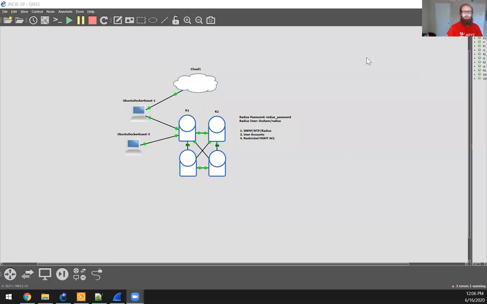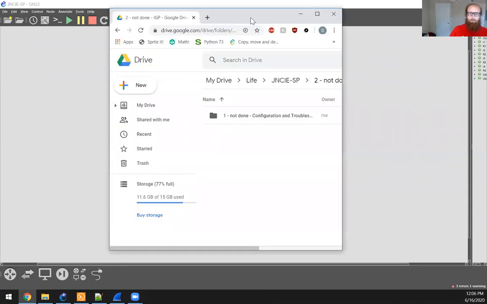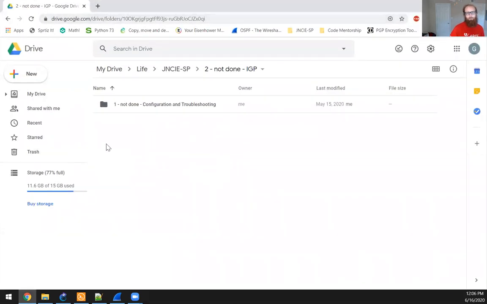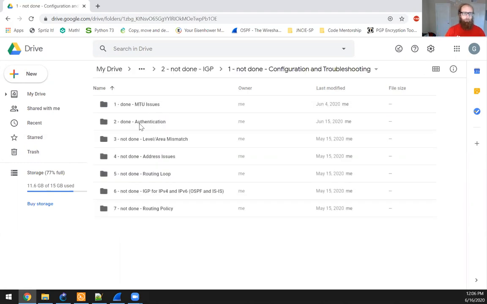Okay, but we're moving on to a new topic today because I got that finished. So let's take a look at what the new topic is going to be. Okay, so we're still going to be learning about configuration and troubleshooting for IGPs, but we have finished authentication. It looks like I already marked it as done. So now we'll be looking into